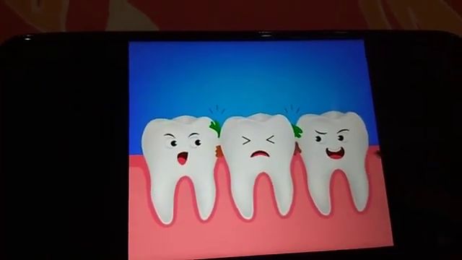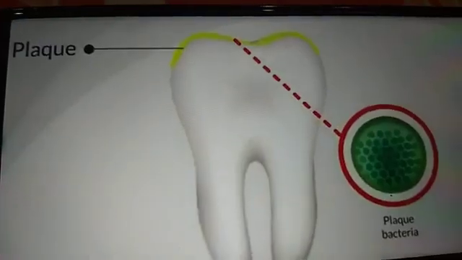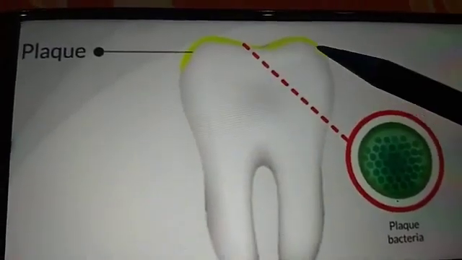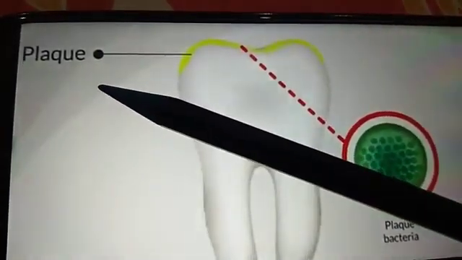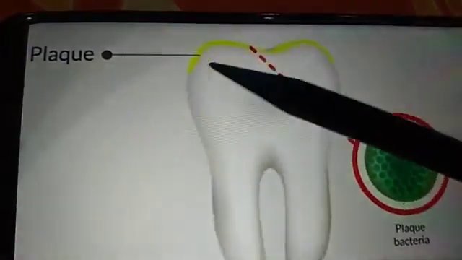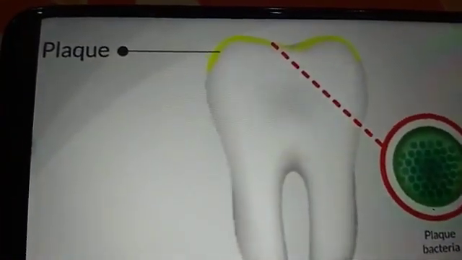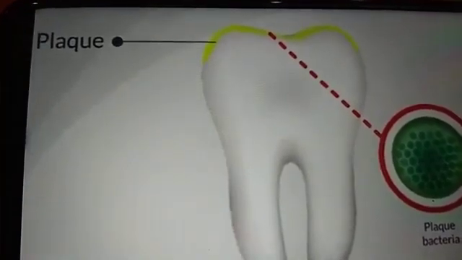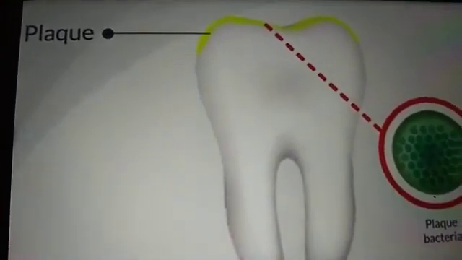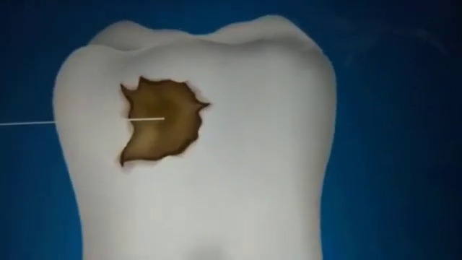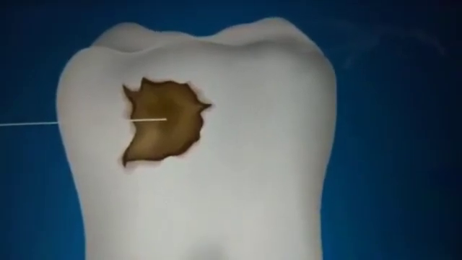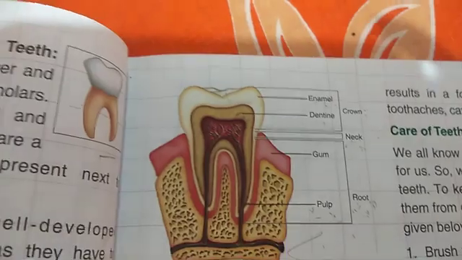These bacteria form a thin layer called plaque. This plaque produces an acid which starts dissolving the enamel, leading to tooth decay. These bacteria slowly make a hole in the teeth.